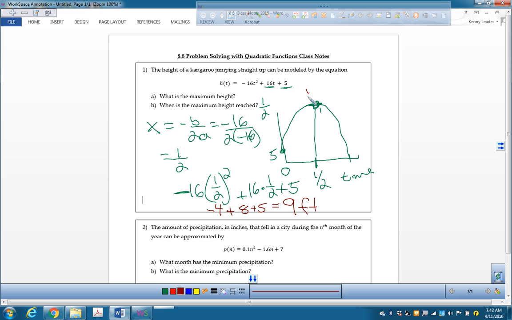So at 1/2 seconds, 9 feet. What is the maximum height? 9 feet. When is the maximum height reached? 1/2 seconds. Okay? So this answer is right there. Is that hard? Piece of cake, right? Okay, so